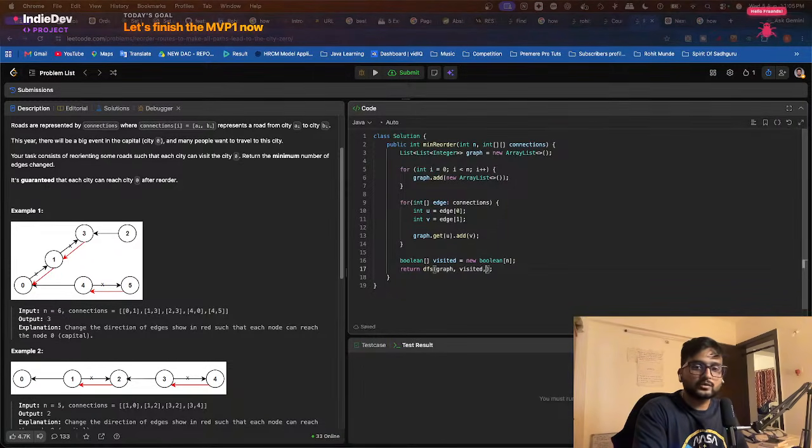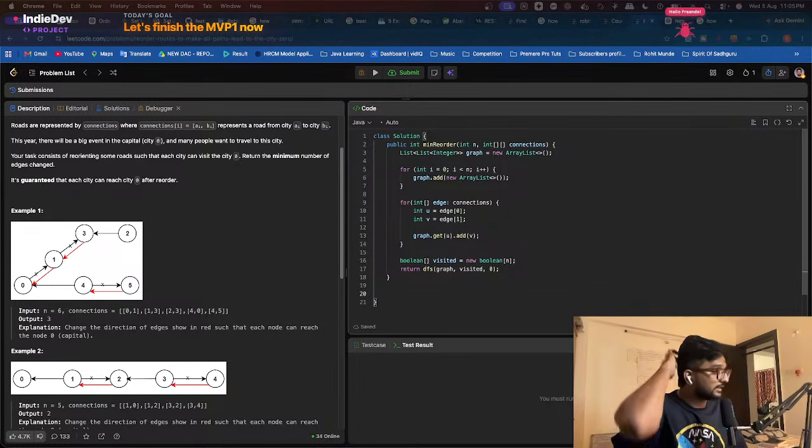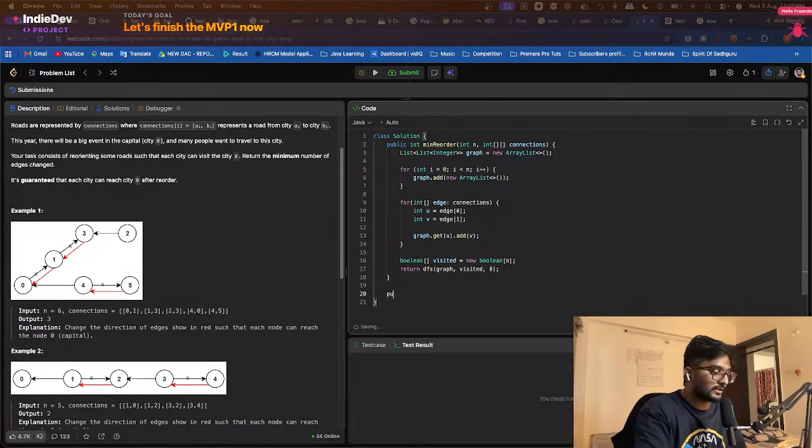What else we have to pass? The initial element is obviously 0 because everything has to convert to 0, so we can pass that element 0. Okay, and it will return an int. Our DFS function should return an int, so public int DFS, and it will take graph, this list of graph,